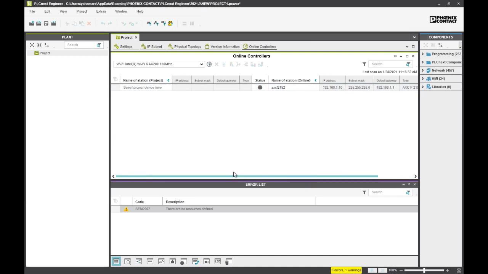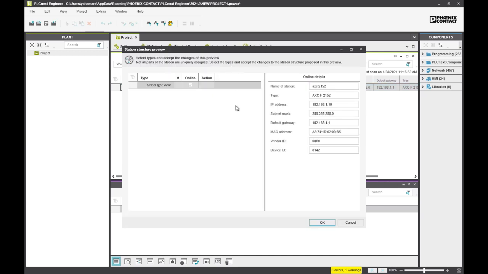It's as easy as giving it a name. I can give it a name here and select that, or I can just select it and hit this little plus here, which adds the selected device to the project. When I do that, it asks me for the firmware version. And I know this PLC is on firmware version